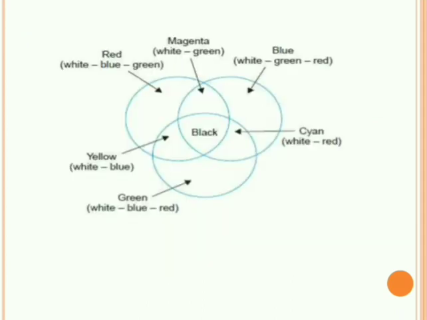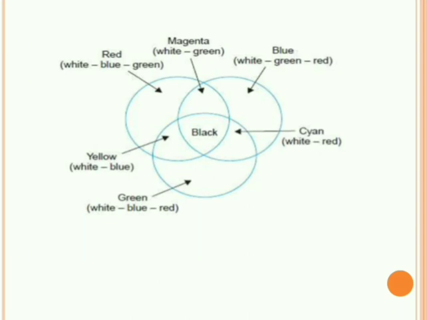This is the basic diagram of the subtractive mixing of the color. Here you can see black is formed by mixing red, blue and green, that is, not by mixing but by subtractive mixing. By subtractive mixing you can form black color. Then yellow color is given by subtracting from white and blue.